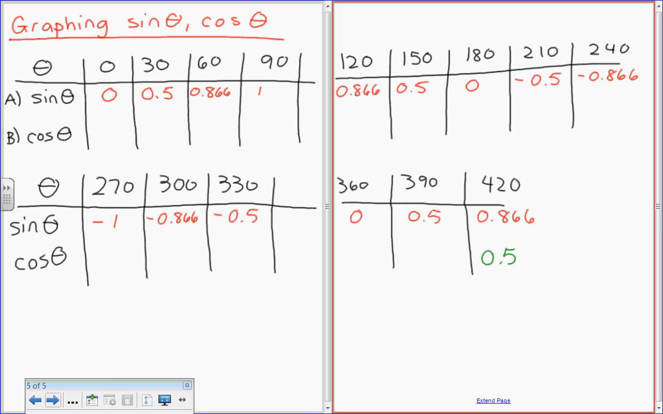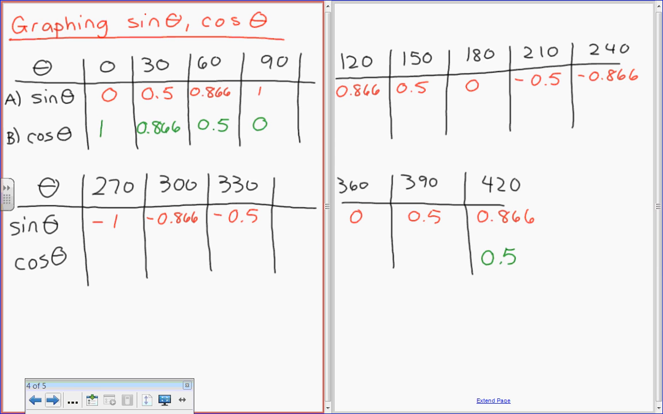All right, now I'd like you guys to do the same thing for cos. So for cosine, can a B person give me the first 4 values of cosine, please? Brave B person. Kind of brave B person, please. First 4, 0 to 90. 1, 0.866, 0.5, 0. Okay, now if you take a look back to my unit circle, the reason this makes